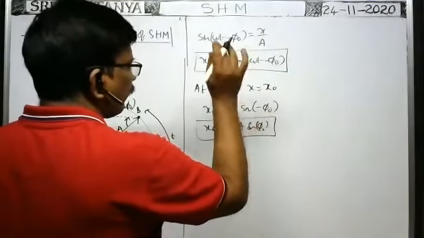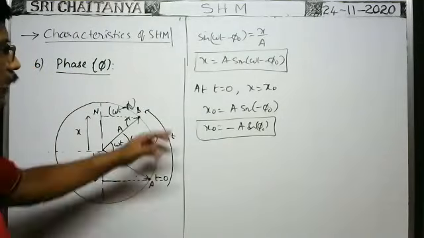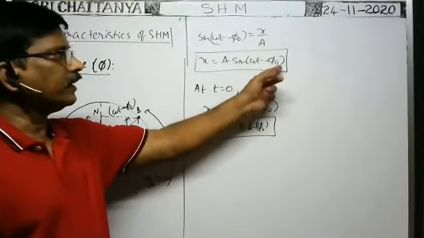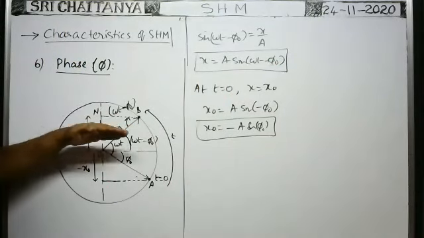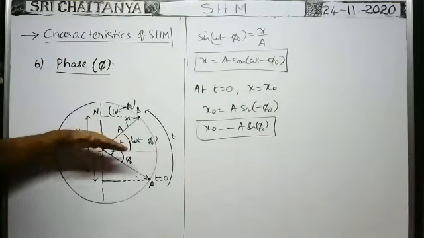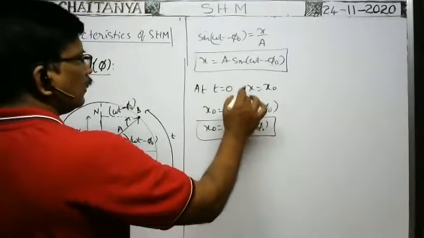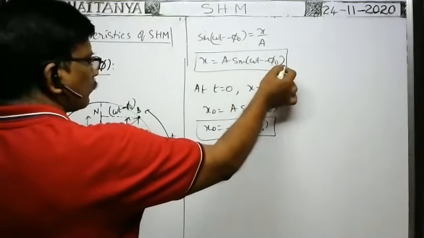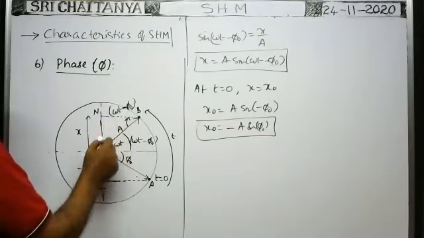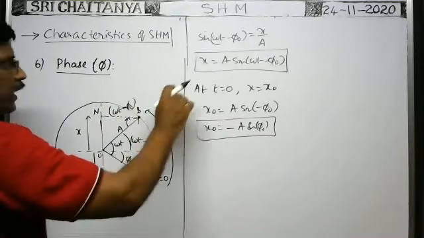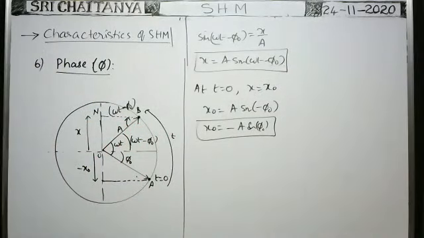So in this phase angle, when you put t equal to 0, you will get the initial displacement of the particle or the initial phase angle. Whenever you consider the motion of the particle in SHM starting below the reference point or below the mean position, we write the formula a sin(omega t minus phi naught). When you consider the motion of the particle initially above the mean position, somewhere here, we have to write the formula with omega t plus phi naught. That is the difference. You have to understand.